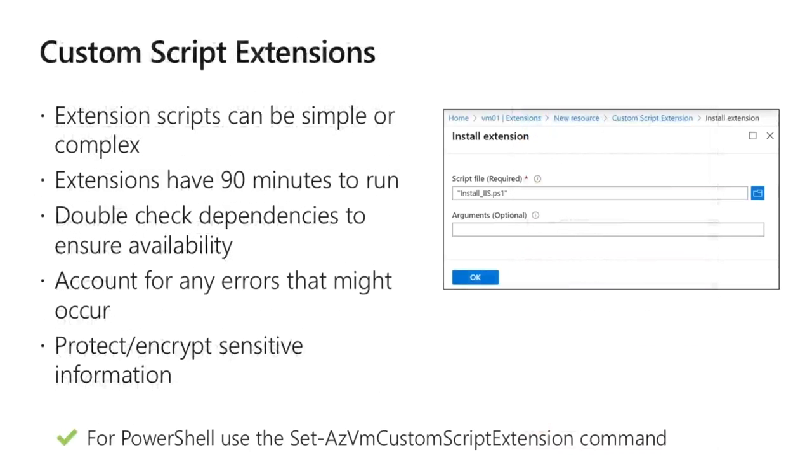Custom script, you can upload a custom script if you wish. We have a PowerShell script. If you want to install any app service using the script, you can do so. You just upload the custom script. The script will execute, and that particular service will be available to your VM after installation.